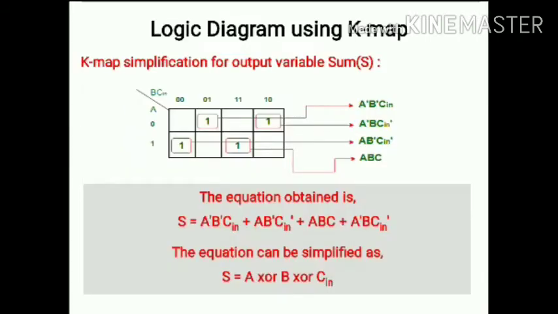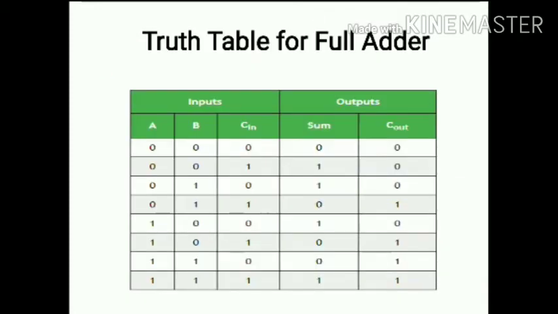The Boolean equation can be obtained by using K-map. K-map is in the form of sum of product. Sum of product means ANDing of all the minterms and then ORing the minterms. See the truth table. Take the rows whose sum is 1. So take the second row because the output sum is equal to 1. So first find the min term for the second row.